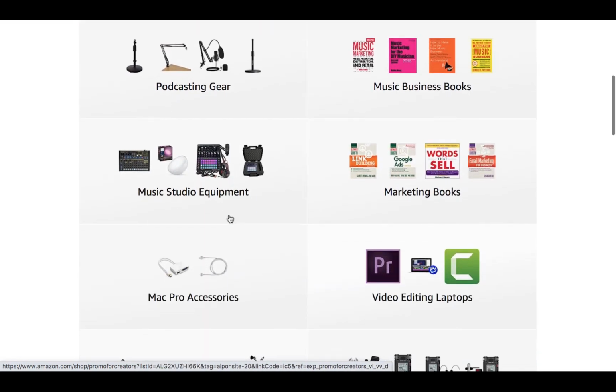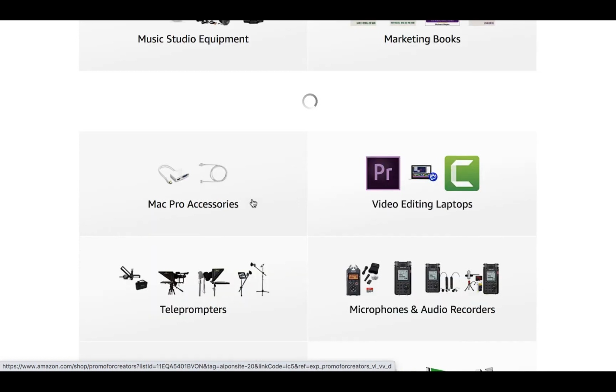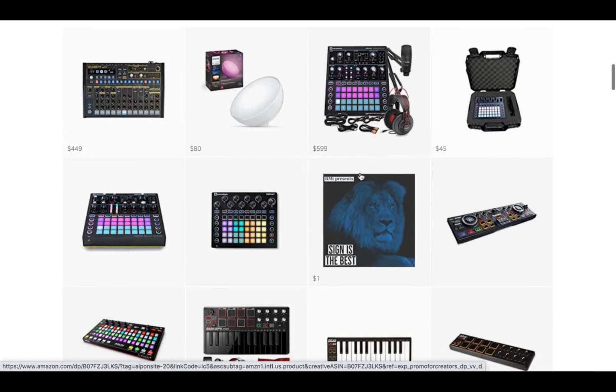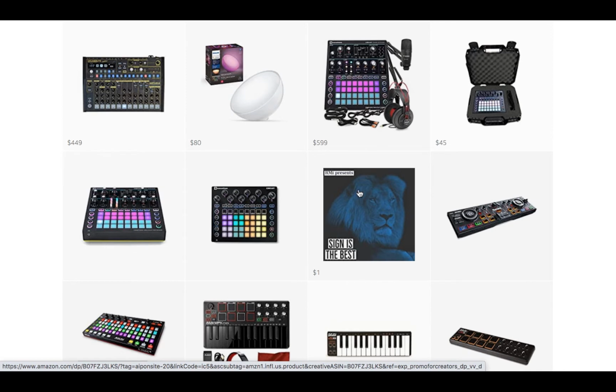But what I also have, if I click on music equipment, is one of my songs on Amazon. So basically, you could sell your music on Amazon and also get an additional cut because you're an affiliate with Amazon.